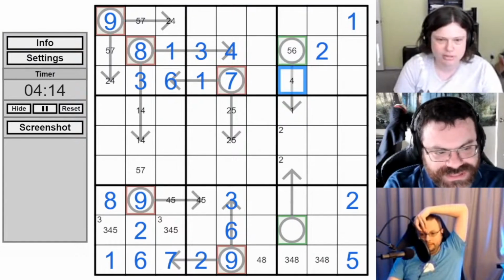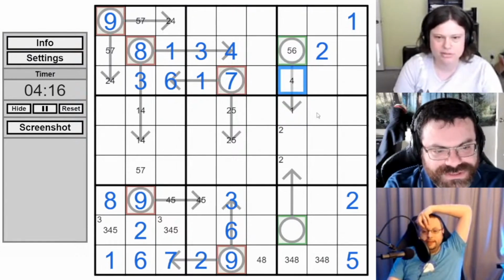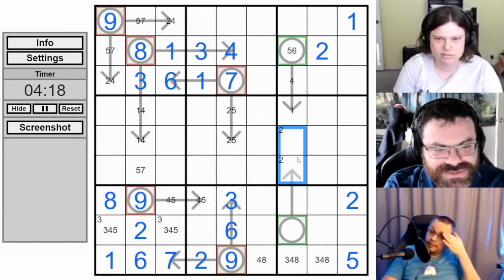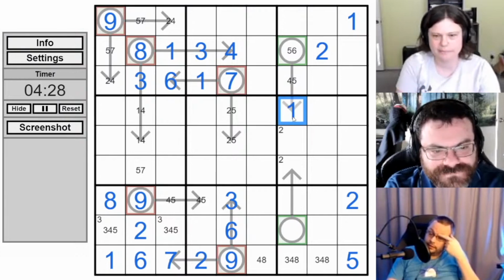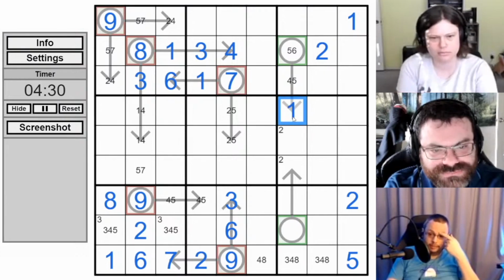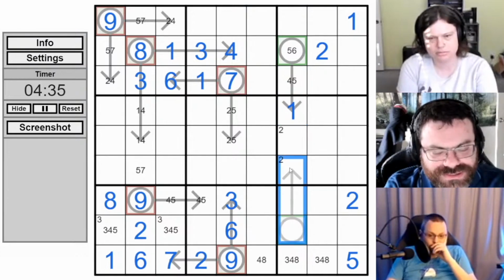Again, we can't use the 2, so this is a 4 no matter what, isn't it? Oh, could it be a 5 with a 1 right below it? Sorry, it would be 5, 5, 1. So I think this cell's always 4 or 5. This cell's always a 1, because it would have to be 1 or 2, and it can't be a 2 because of our indexing shenaniganery. So how about this arrow then?